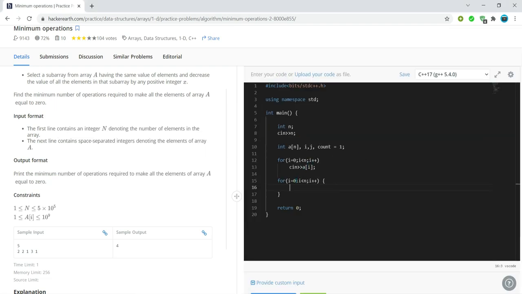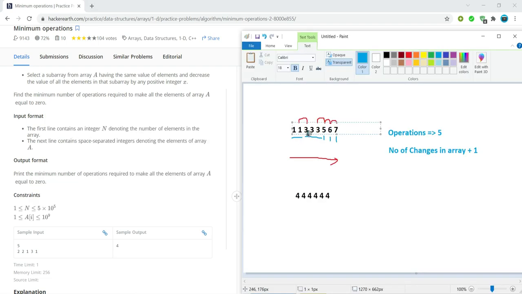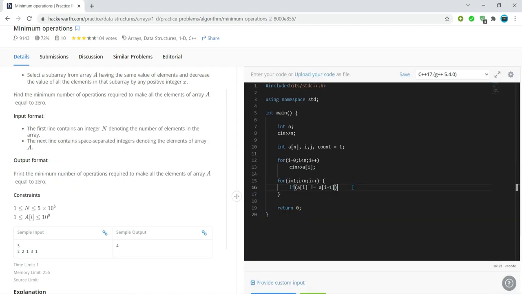So this loop should start from 1. Now let's check if a of I is not equal to a of I minus 1. That means this value is not equal to its previous value. Then we will increase the counter by 1, count plus plus.